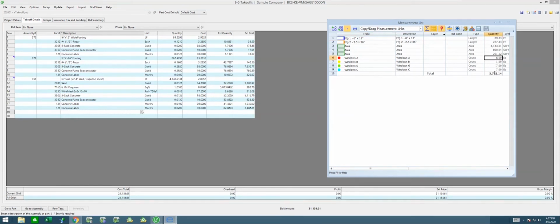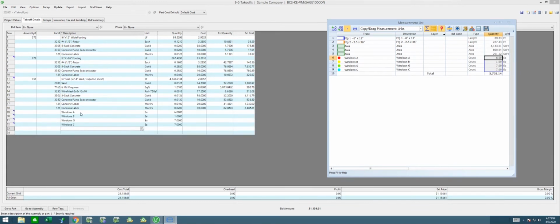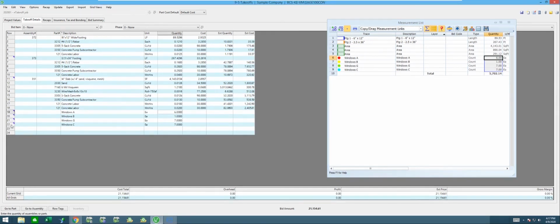So I'm going to go ahead and click on my first one, hold my shift key down, click on my last one. I'm going to drag and drop those over here to my estimating. And there I have very quickly put all those 4 windows in my estimate with the matter of a drag and a drop. So there's each one of my quantities. Also, they're linked. So if I came back and added any more quantities, I could tell it to update quantities and be up to date.